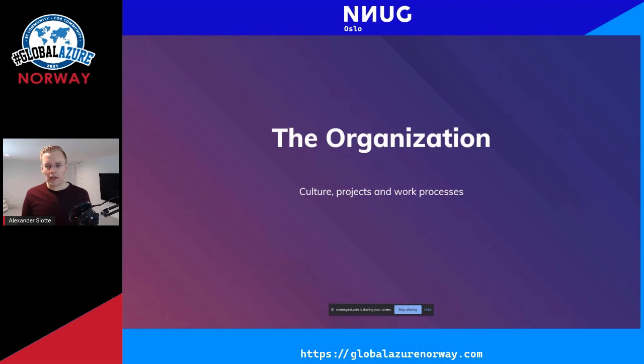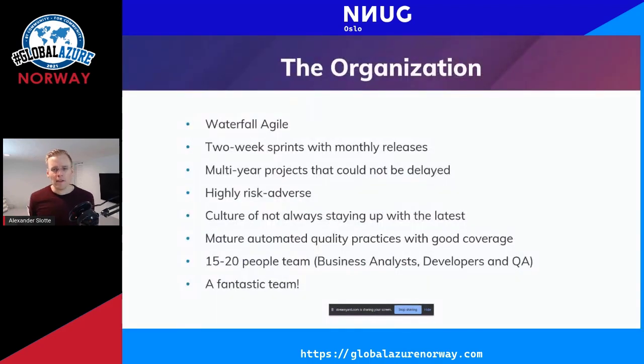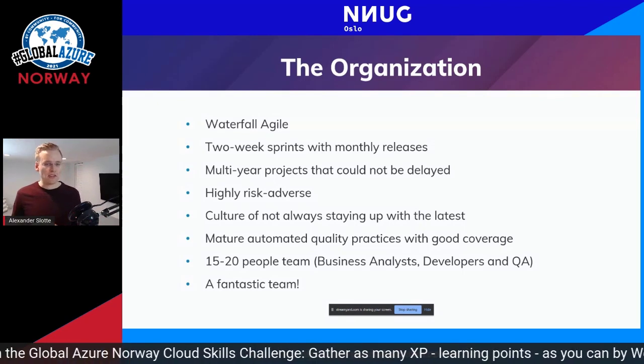If you look at the organization that I was working with here, it's something I call waterfall agile. They were working in smaller Scrum teams with 2-week sprints, but the organization itself was still very waterfall-y. They had multi-year projects, for example, revamping a whole data architecture layer that we planned out multiple years in advance, adding a completely new revenue stream to the product, planned out for 2-3 years ahead of time, and there was no way you could change those project plans. So we had to really work our way around those kinds of waterfall-style things as part of this